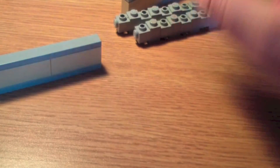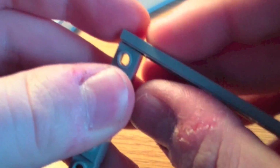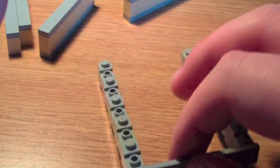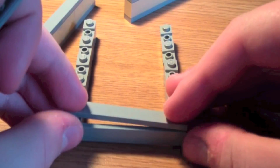So let's start putting this together. What you want to do is have the stud out front so that you can put a tile in front of it. The problem with this design is that it's difficult to have it go straight from the ground. It's good to have it built in with things like SNOT studs on top, which I've shown you in earlier how-to builds. But for me, tile in the front, tile up,